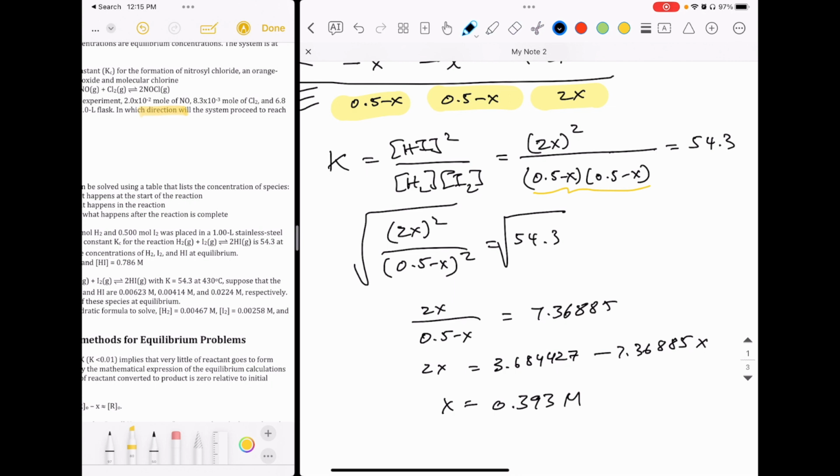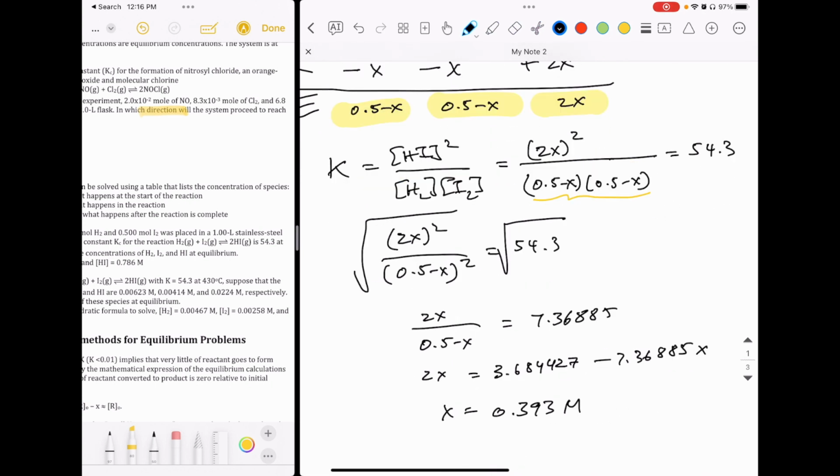Remember that X here represents concentration. Now, X is not what we're looking for. It is a key to solving our problem. What we're looking for is actually the equilibrium concentration. So let's calculate those. The equilibrium concentration of H2 happens to be the same as I2, and they're both